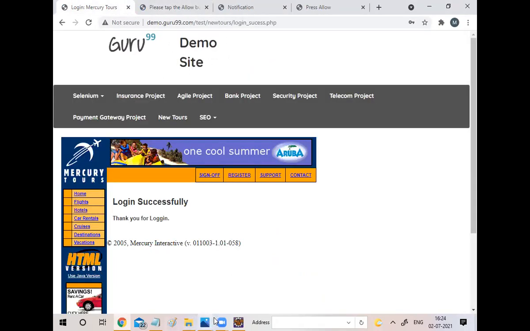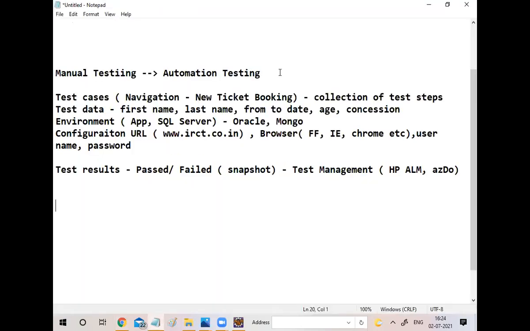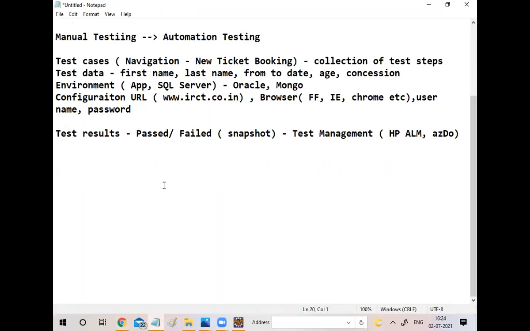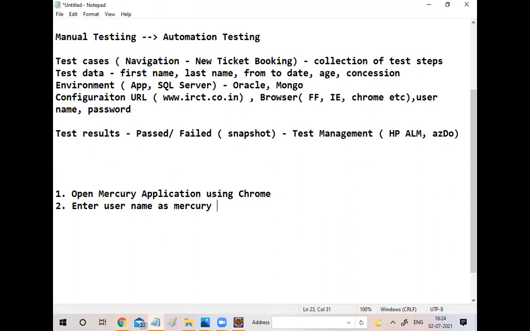Okay, I'll write the test case right now. First, open the Mercury application using Chrome. Enter username as Mercury, password as Mercury.